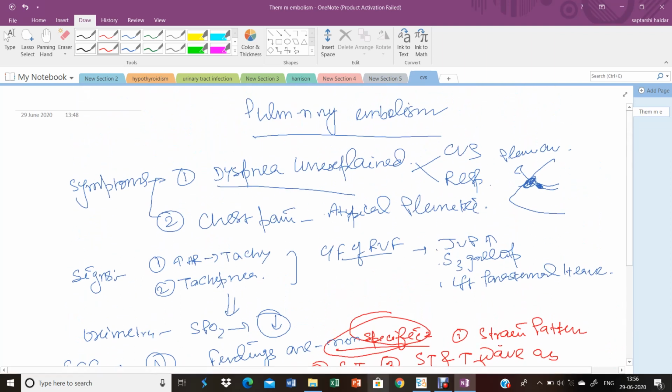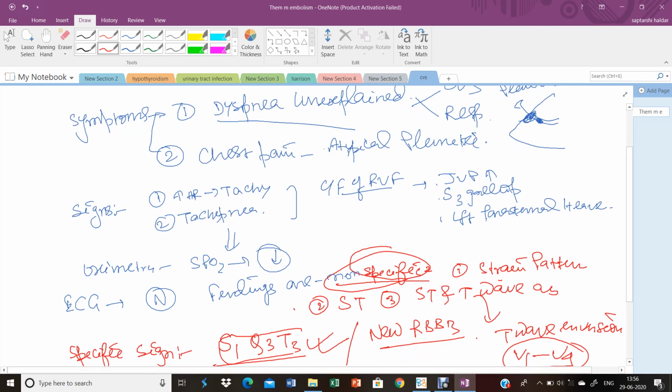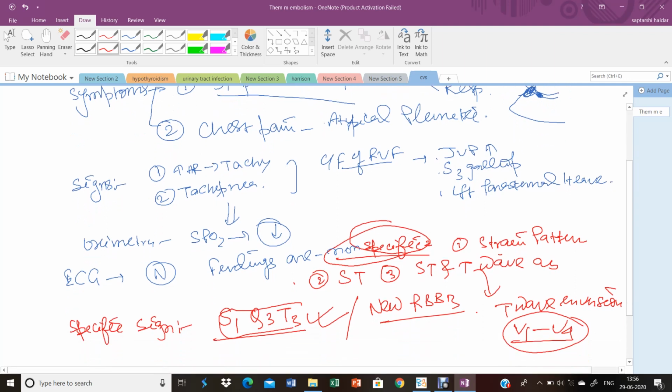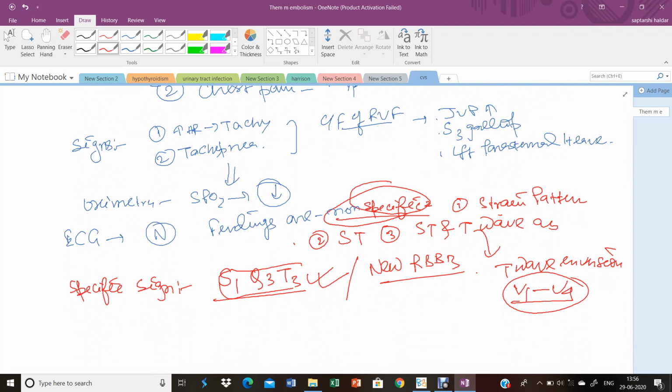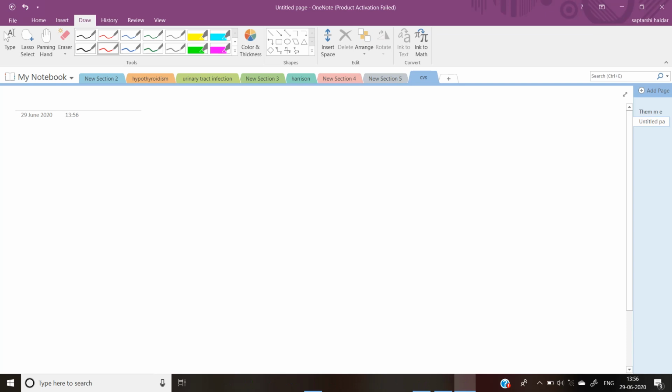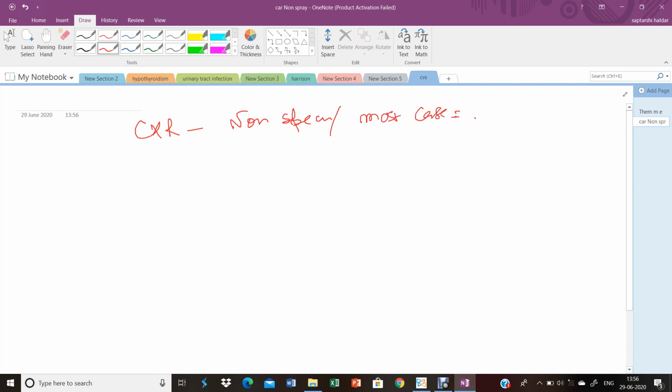So after discussing the symptoms, signs and ECG, next we have the chest X-ray. It is non-specific and in most cases it is normal. If findings are present, the findings include